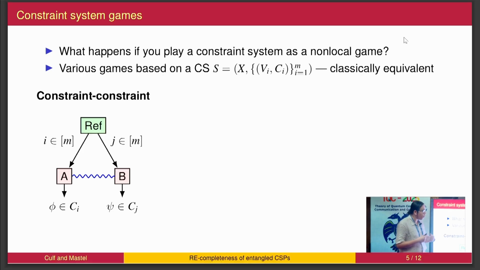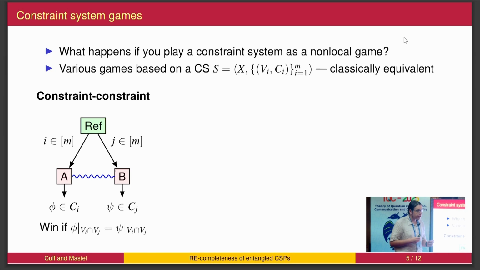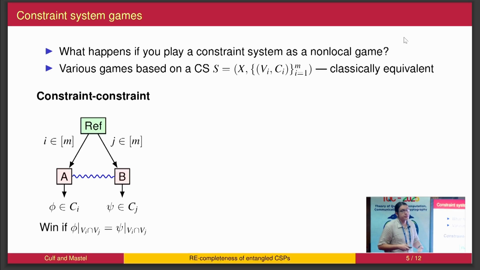And quantum players, of course, can share entanglement, but they can't communicate in order to come up with these assignments. And they win if on any of the overlapping variables between the two constraints, they have the same assignment. So there's the consistency check, essentially, making sure that the players are actually building up parts of the same constraint system,